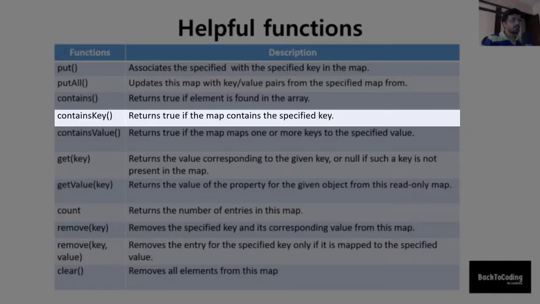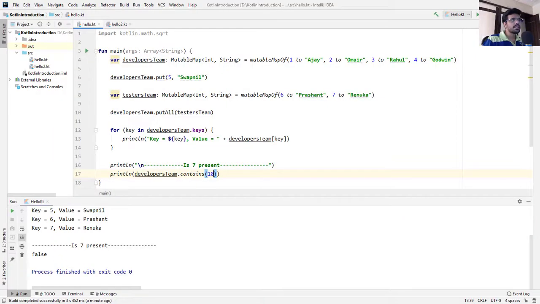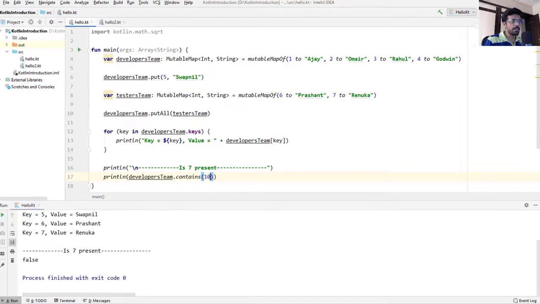ContainsKey returns true if the map contains the specified key. If the key is present, then this function returns true, otherwise it returns false. Let's see if the key 7 is present in our mutable map.